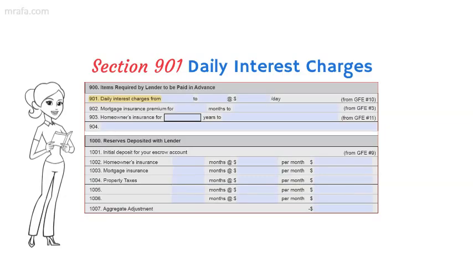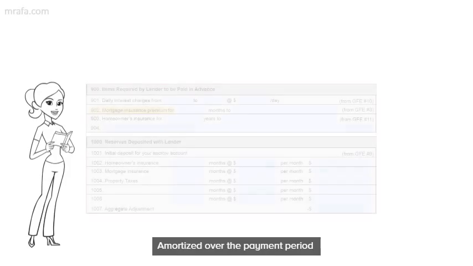And in this section, it will indicate how the interest was calculated, like the interest rate, and also from what date, from what period, up to what period they calculated the interest. Section 902,